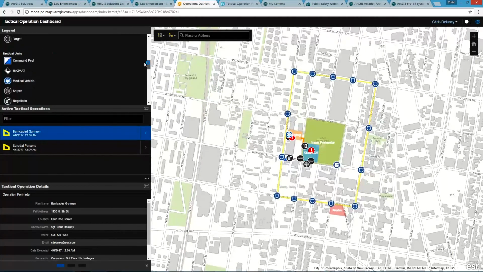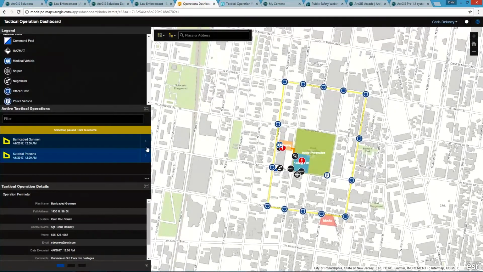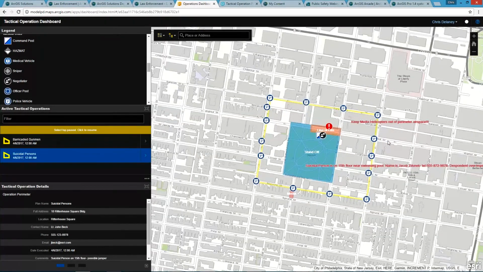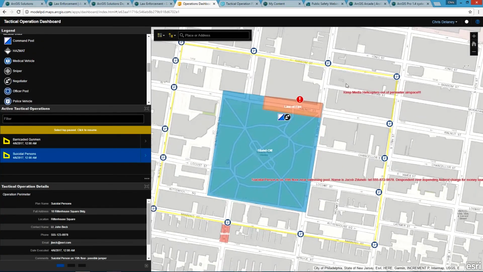You've got the ability to see a legend of all of the points associated with an operation, and I can see all of the current operations that are currently active. When I click on that operation, it zooms the map to that location. So I can see that there's a suicidal person. I can zoom to that one as well. I can see that we've got an overall perimeter and a standoff area, and I've got a potential jumper off of a large building. And I can see that there's been some notes that have been written by the investigative